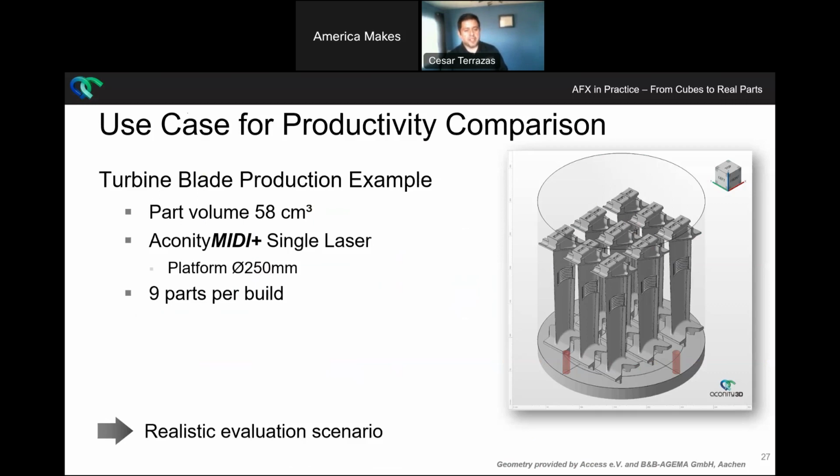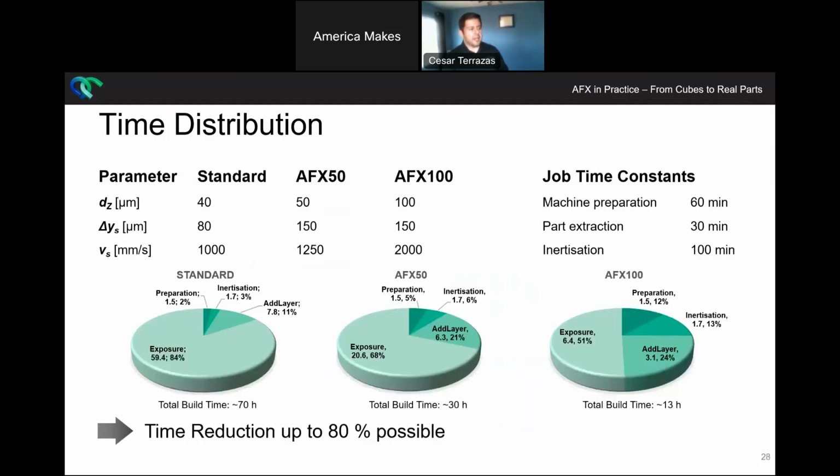So in here you can see basically 9 of those blades within the envelope of an Aconity MIDI Plus, single laser, right? And in this case, it's obviously going to be the AFX laser. We have 9 parts and a total part volume of 58 cubic centimeters. So doing the analysis for this kind of behavior and comparing emission modes, we can see in the time distribution a huge effect in the exposure time just by going with the AFX laser,